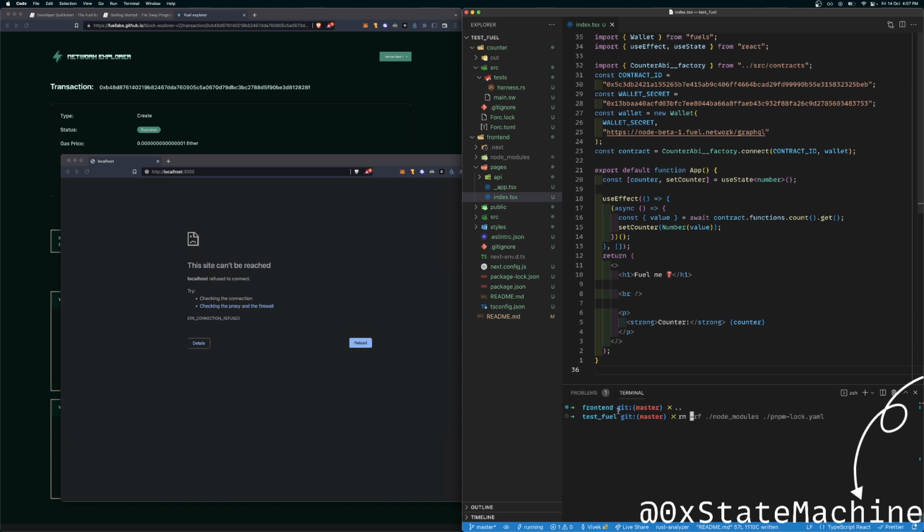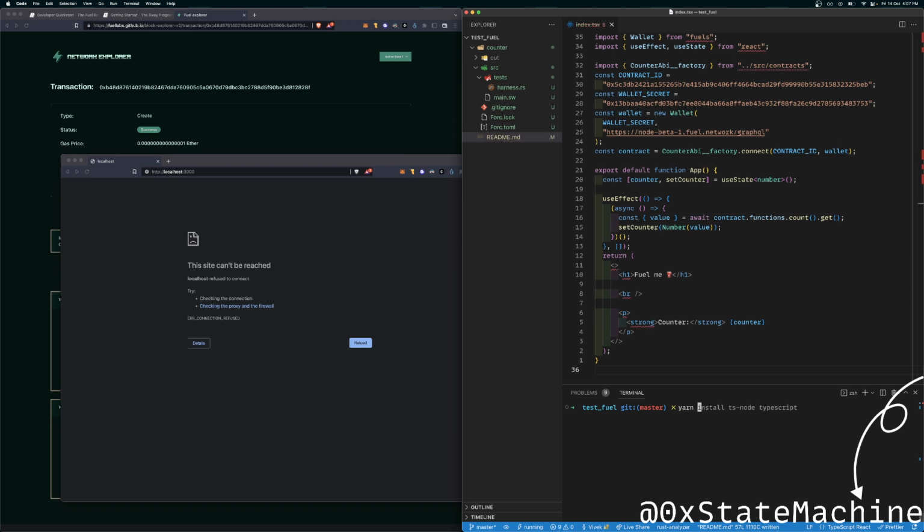Okay. Let's use Yarn, our personal favorite tool. Yarn create React app.